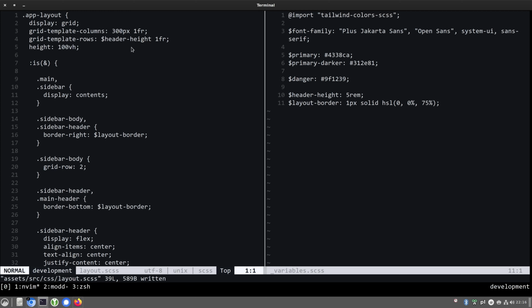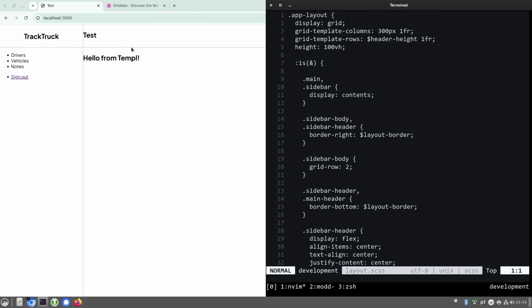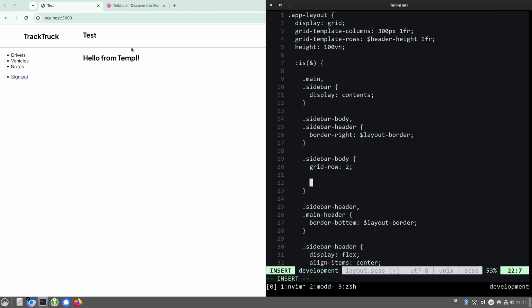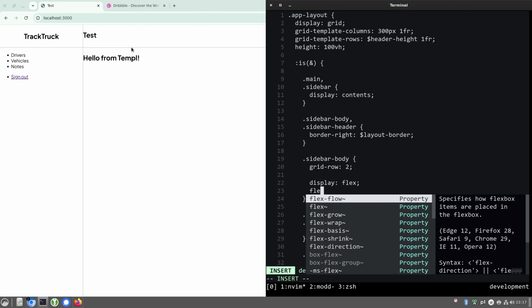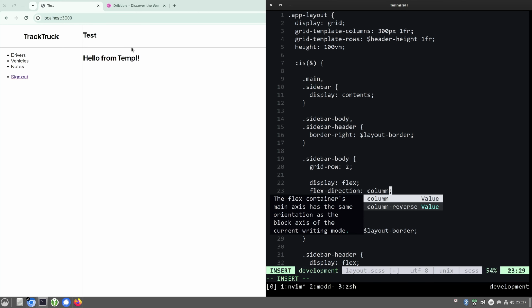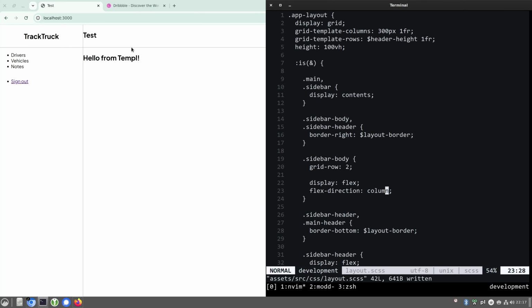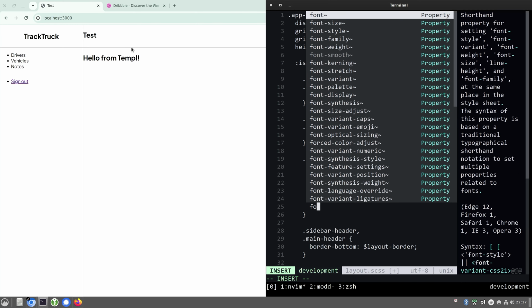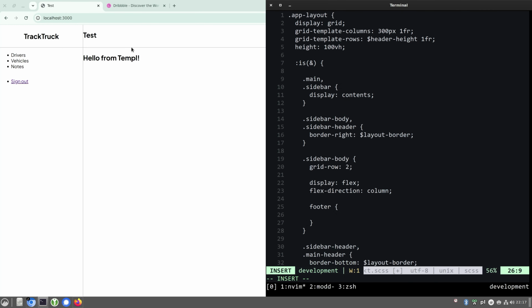Okay, this still works. And in the sidebar body, I have display flex, direction column, and then I could say that its footer has the margin top of auto, and this way the footer goes all the way down,